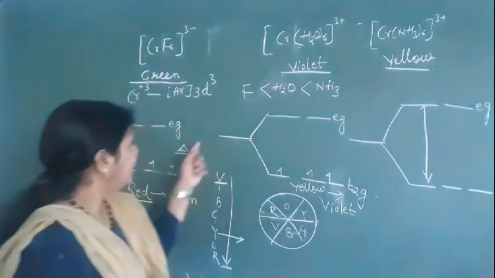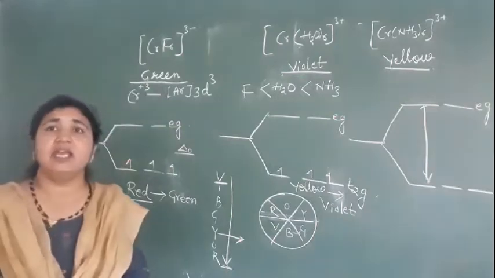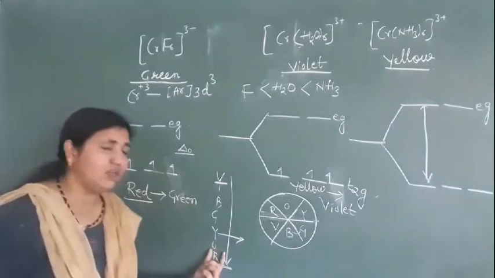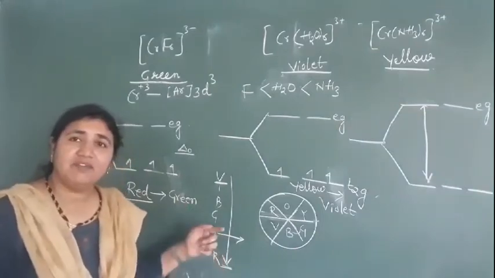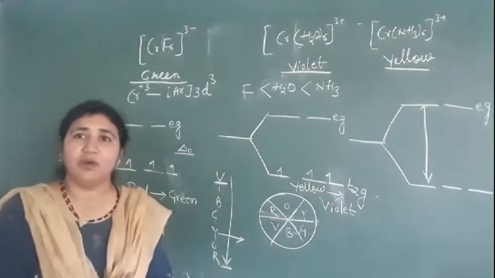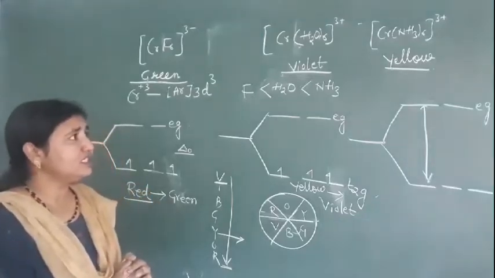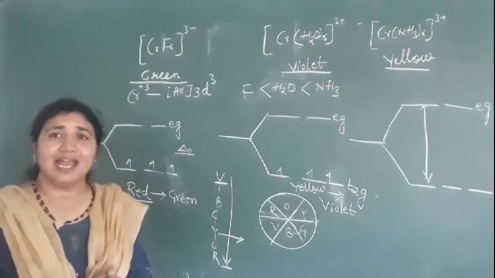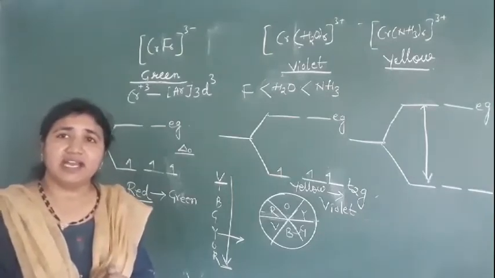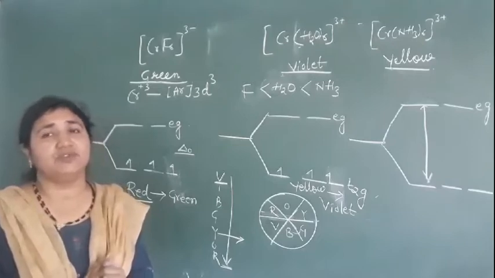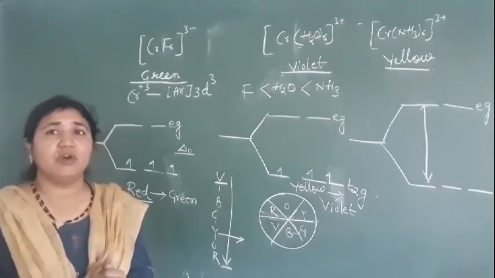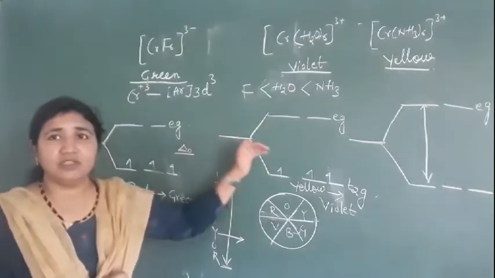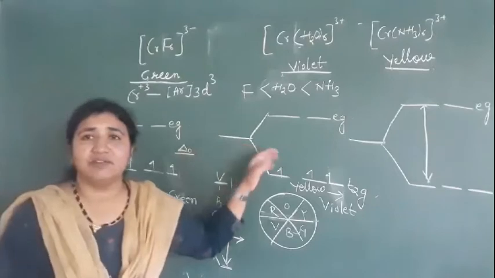So from the three examples we can say, first, if the crystal field splitting value is low, then they will absorb the low energy wavelength and reflect the high energy wavelength. And this crystal field splitting depends on two factors: the oxidation state of the metal and the ligands. If the ligand changes, the color changes. So we have to see the order here. If the ligands are ordered from weak ligand to strong ligand, the color will change accordingly.